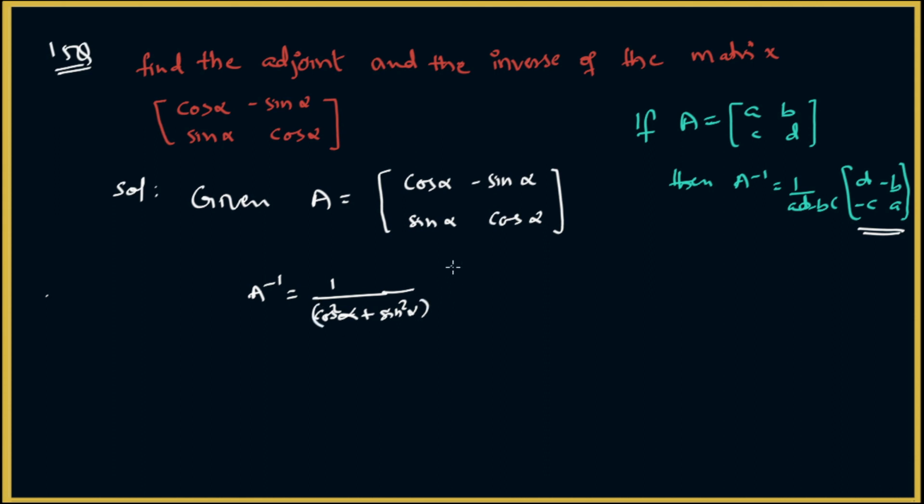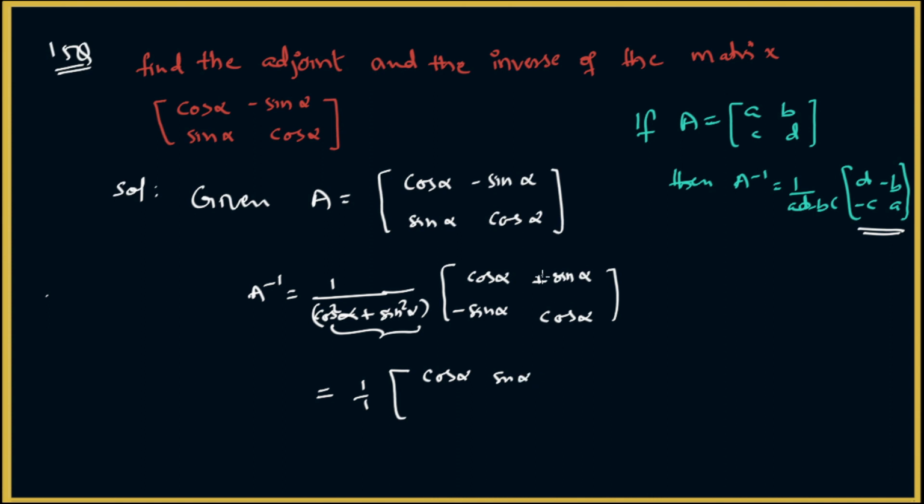So this is the determinant. Now we have to interchange a and d; both are cos alpha, after interchanging also cos alpha only. Then minus b, so sine alpha with minus; if you multiply with minus it will become plus sine alpha, and this will become minus sine alpha. So cos square plus sine square is the identity 1. So 1 by 1 into (cos alpha, sine alpha, minus sine alpha, cos alpha). So this is the adjoint as well as the inverse of the given matrix itself, since the determinant is 1, so 1 by 1. Okay,